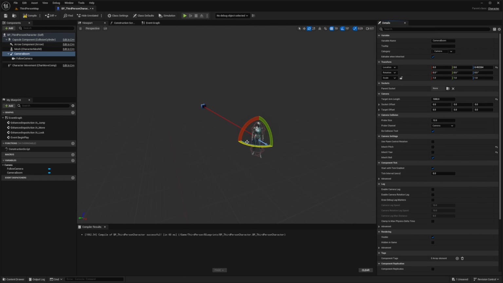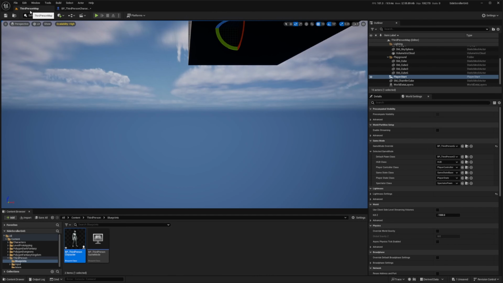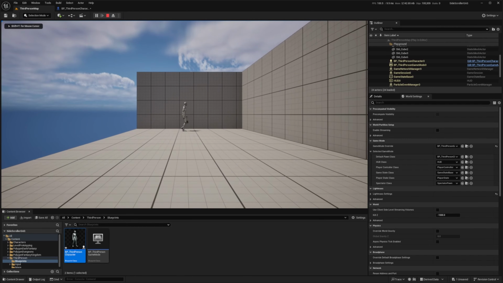And if you did the following correctly, you can now rotate this spring arm 90 degrees, and I want it to be on the side of the character like so. So I'll hit compile and save. And if you want some camera lag, you can enable camera lag, and you can do it somewhere between 7 to 10. So if I were to hit compile and play, right now it's at a weird angle and my